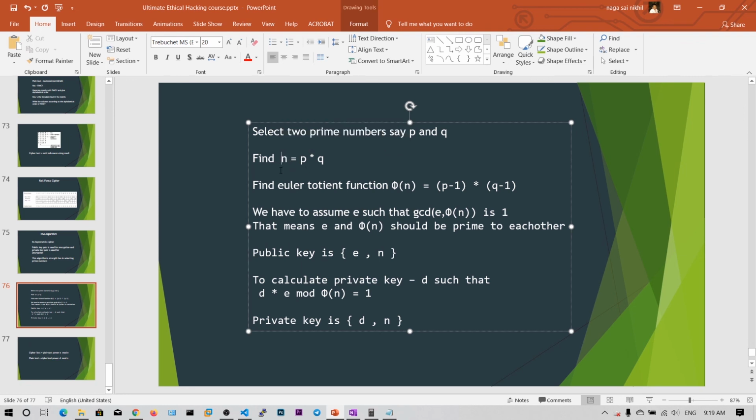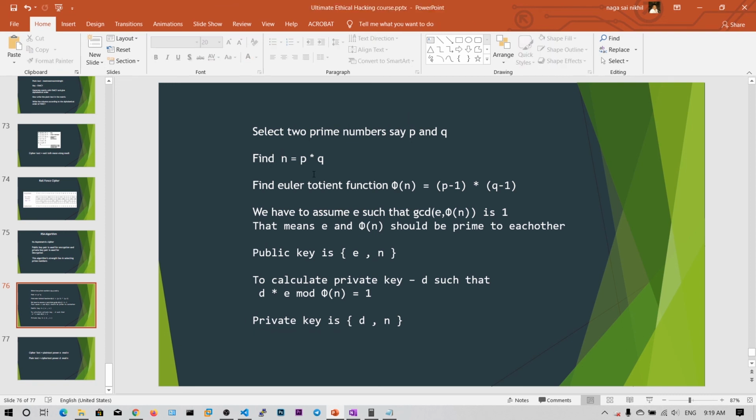Anyone can access the public key, and an attacker can try to factorize this n value. So in order to make the process tough, you need to take large prime numbers. The weakness lies in these prime numbers. If you choose weak prime numbers, then the decryption process will be very easy for the attacker. That's why it's always best practice to choose larger prime numbers.